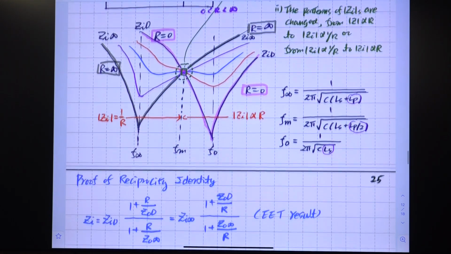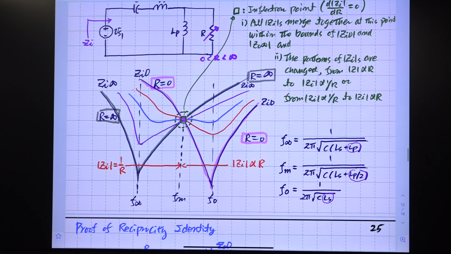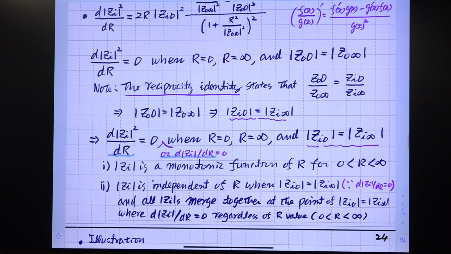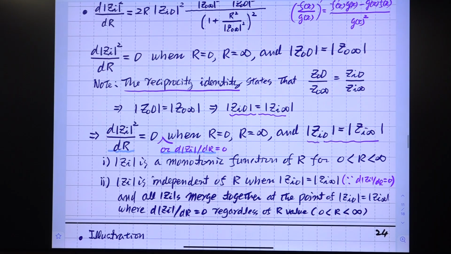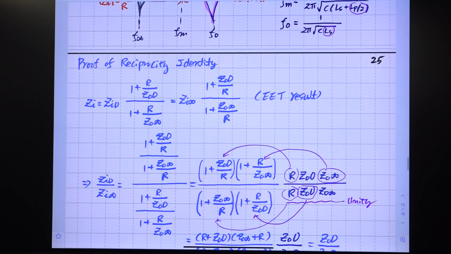I think we covered this slide last time. We just went through it quickly yesterday to highlight the forthcoming stories. All right. So we proved this theorem number 1, and we need to prove the reciprocity identity, which is given here. The proof of this reciprocity identity is extremely simple. This is the GI expression. This is one version of it, and this is another version. So this is the same thing.